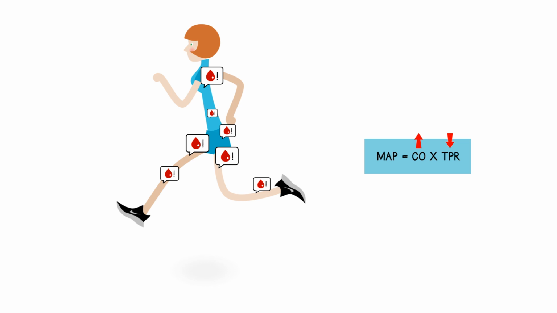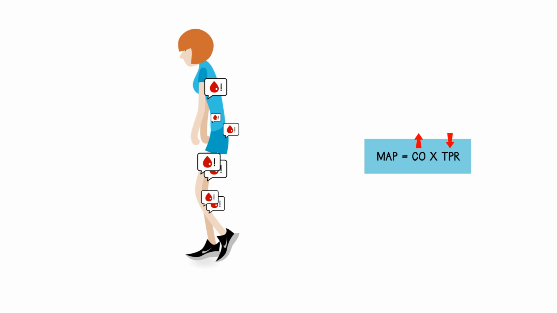Now, if that happens, if the muscle isn't getting quite enough blood, the danger, of course, is that the muscle has to go anaerobic. And if it goes anaerobic to top up its energy levels, it produces lactic acid, and this is going to contribute towards fatigue and the limitation of exercise.